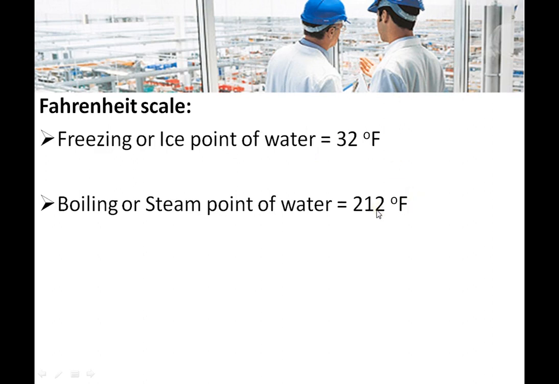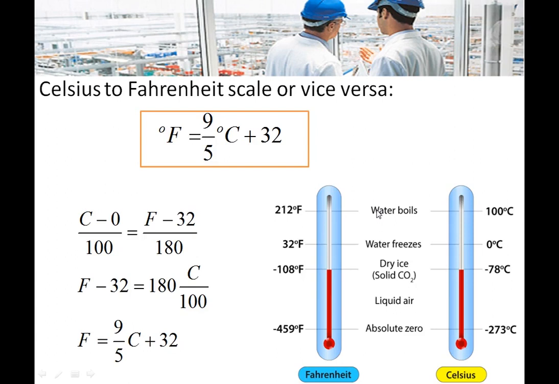And at 212 degrees Fahrenheit, the water boils, and there are 180 degree divisions. If you see in Kelvin and centigrade, there are 100 divisions between the freezing point of water and the boiling point of the water. And if you want to convert Celsius to the Fahrenheit scale, the formula which I have